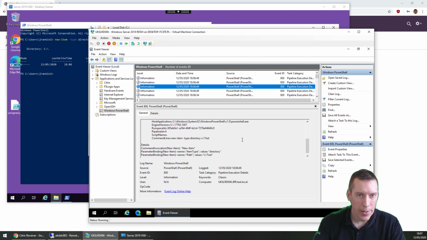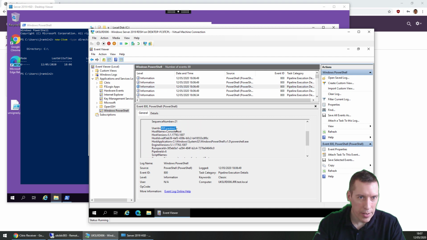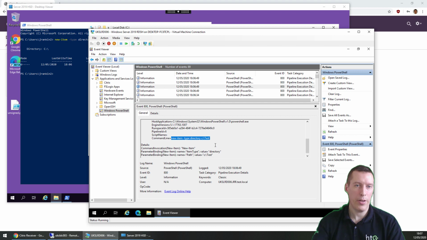There it is there. So we can see from the log, there's the user ID, it tells what host they're using, the engine version, and you can see the command that's been run there. New-Item, type directory C:/test. So now this user's